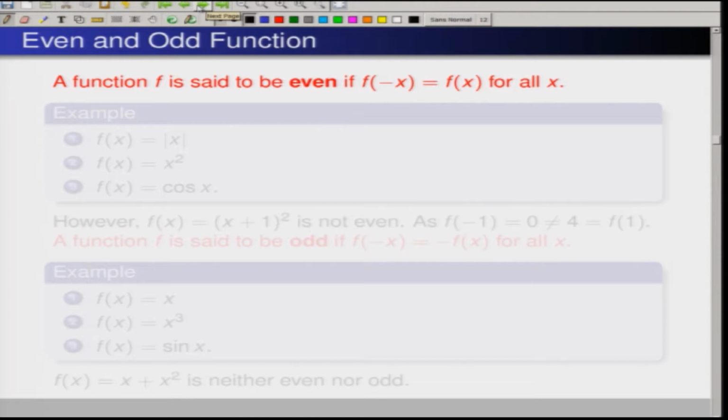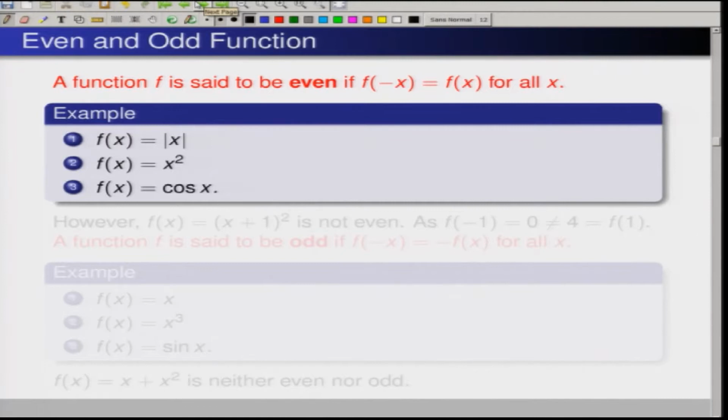So, welcome back. Today we are going to discuss, to start with, the symmetry of a function, that means on the positive and the negative axis there is some symmetry. Quickly, we can say that a function is said to be an even function if f of minus x is equal to f of x. So now if we know the value of the function on 0 to infinity, then we know immediately that it will look exactly similar from minus infinity to 0.